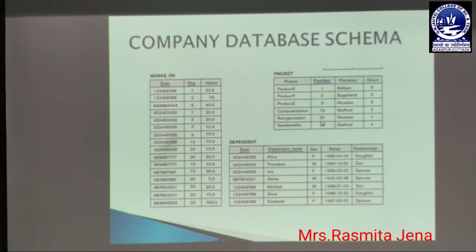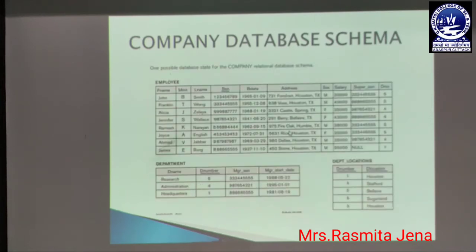You can see what conditions are required for forming the relational expression. The first condition is that we compare the selection P location equals Stafford, and from this we will get the department number, that is D num equals 4. That is, project D num is compared with department D number. Okay, this is the condition. That means project dot D num equals department dot D number.